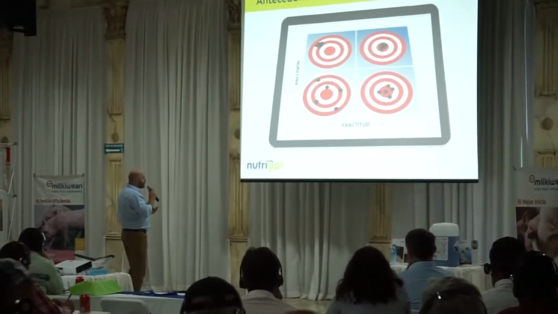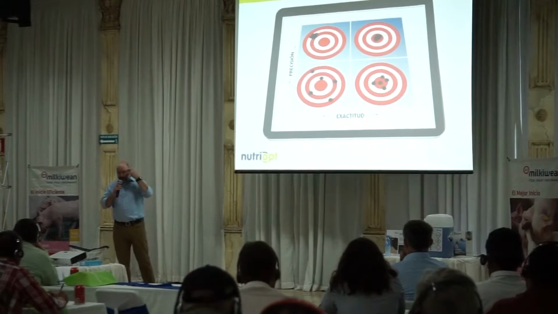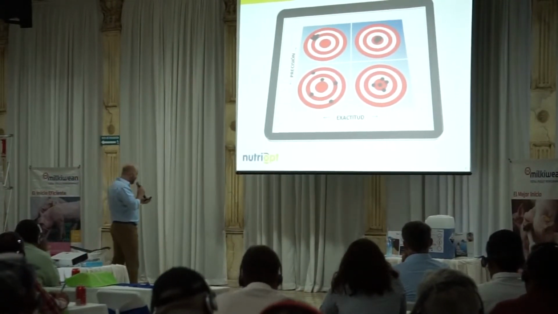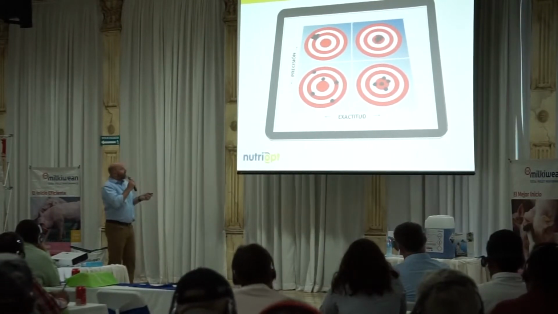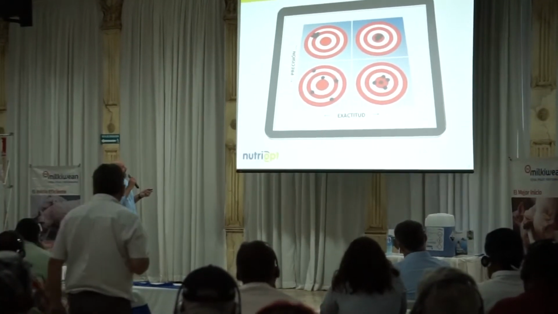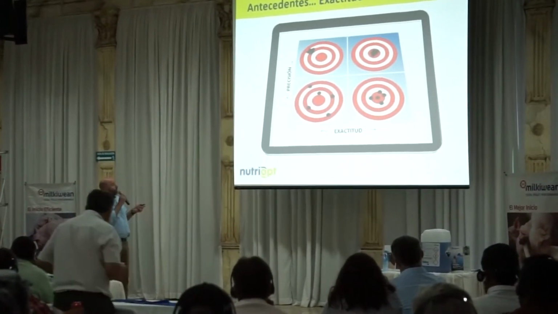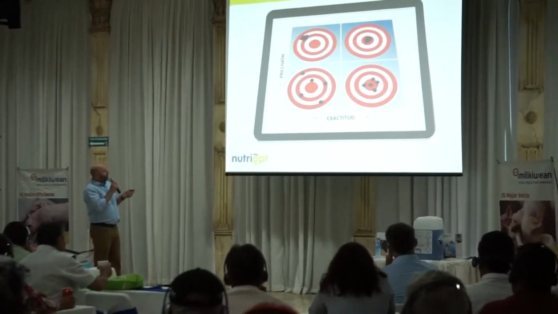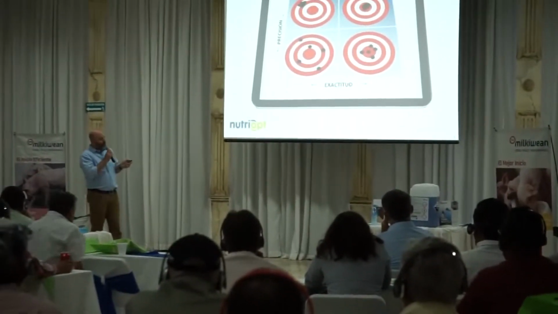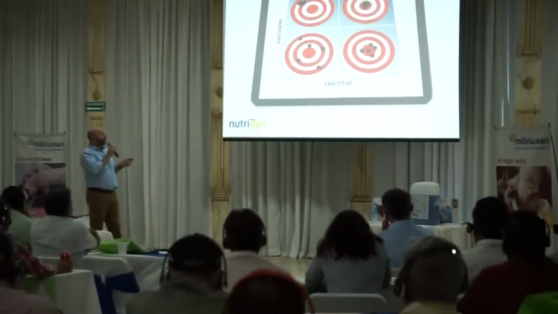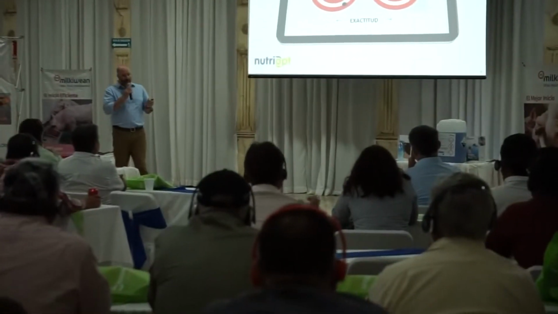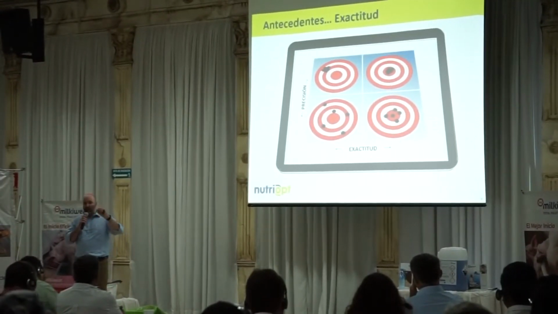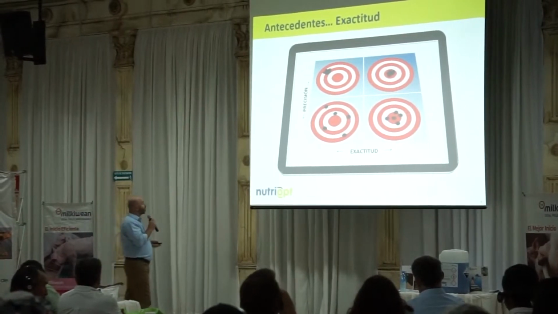We know that precision and accuracy are two different things. This would be something from science class when I was much younger, but you can see that you can be quite accurate and hit the target every time, but not be very precise. Or you can be quite precise and not very accurate. What we try to do is couple the accuracy and precision of the model and give very good results to the producer that are going to reflect what's happening on their farm for real.